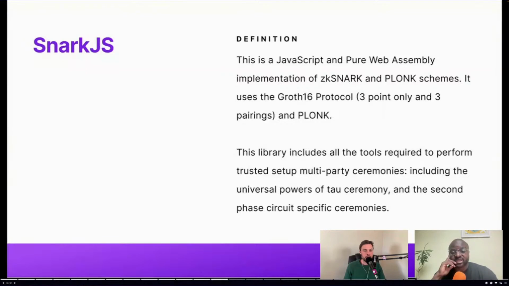The other piece of this is snarkjs, which allows you to generate zero knowledge proofs in your browser using the Groth16 protocol. The library includes tools that you could use to set up multi-party ceremonies where you could generate snarks. And this is where the criticism about snarks is, that